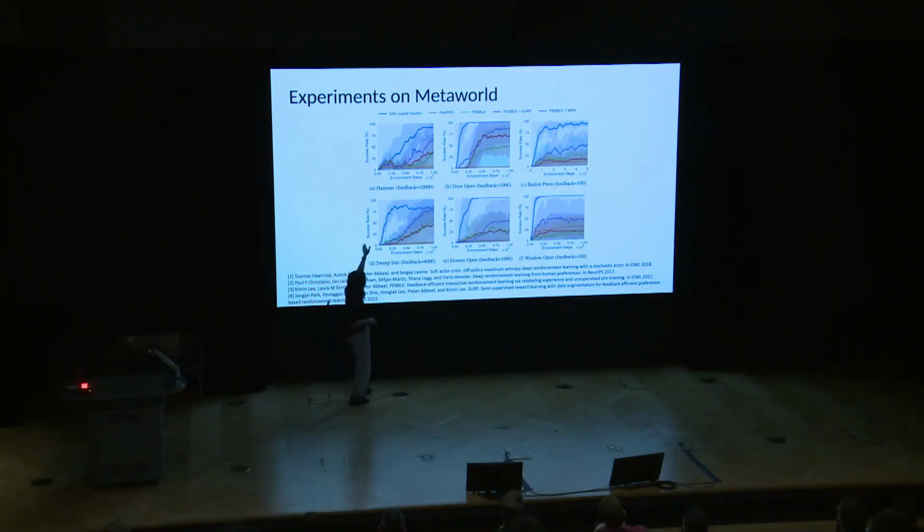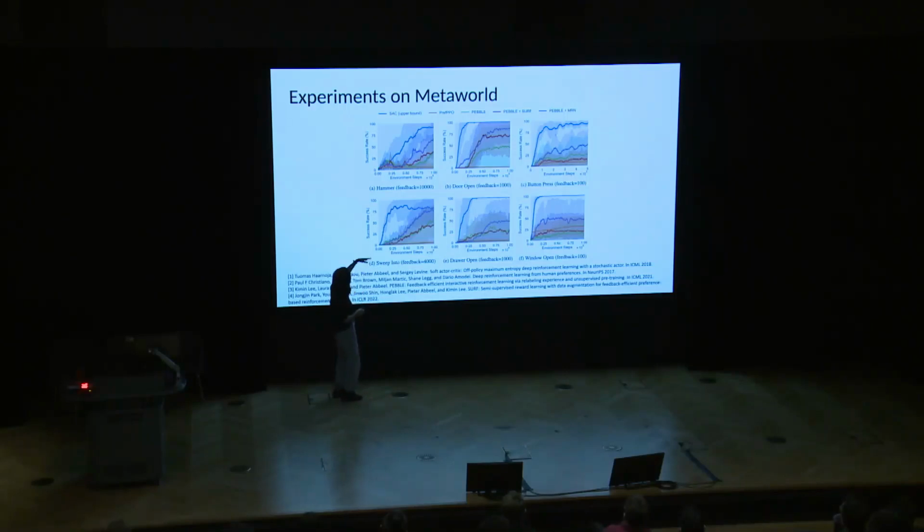The blue line at the top is the algorithm that uses the ground truth reward signals. Here you see that it performs best because it's using more informative raw signals. But for our algorithm, the purple line, compared to the baselines, we see that it learns faster, with fewer environment steps.